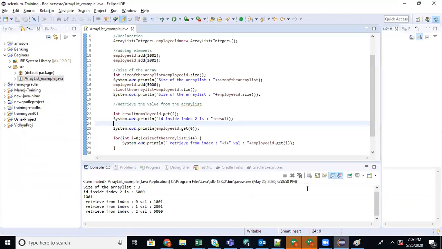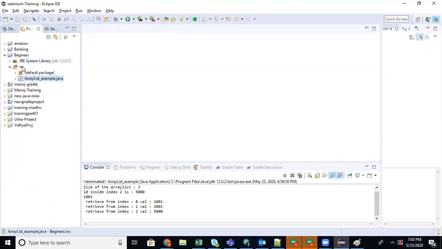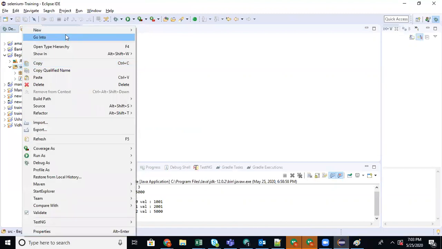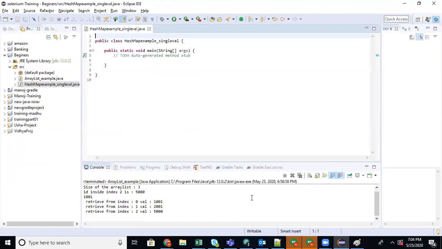Let's learn how to do it practically by creating a new class to learn hash maps. So first let's declare.